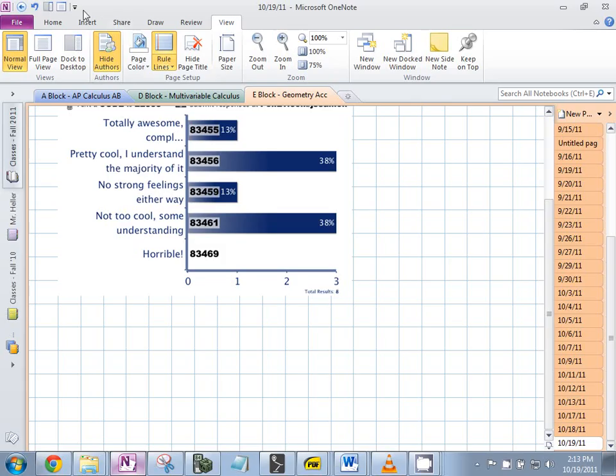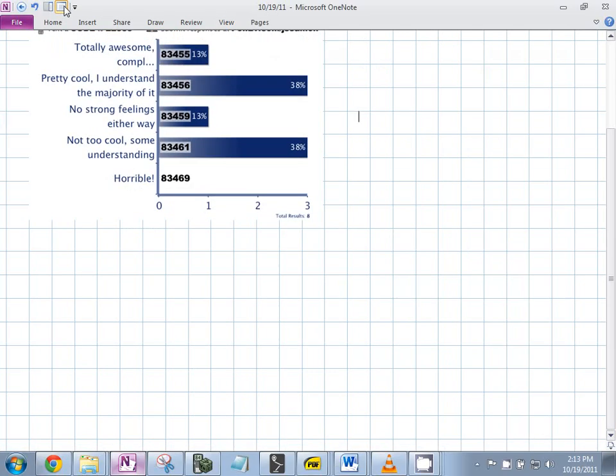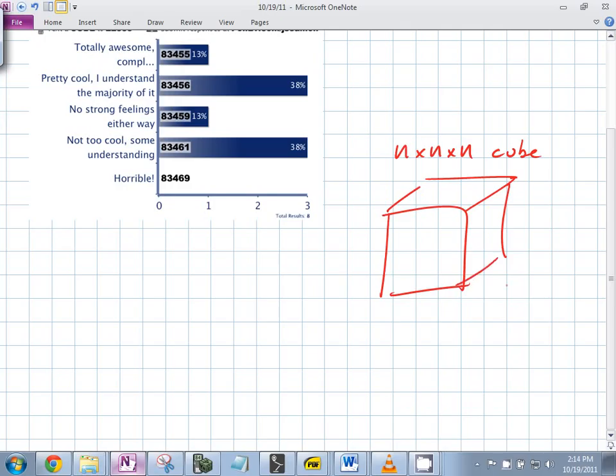You have an n by n by n cube. If you have this cube right here, and you're trying to look at the cubes that you can't see, you need to look at the cubes that aren't on the front layer, the back layer, this layer, or anywhere around. So you're shaving off the bottom layer, the top layer, and the back. If you shave off 1 unit off each side,